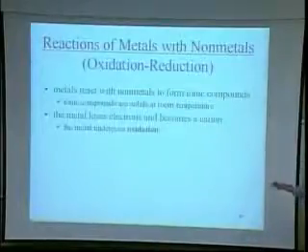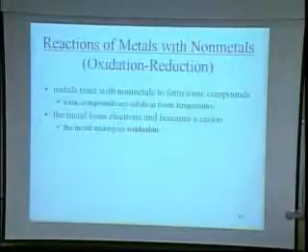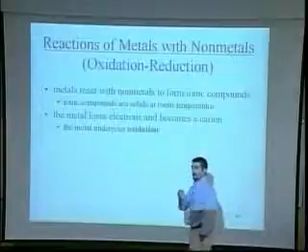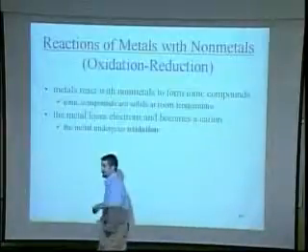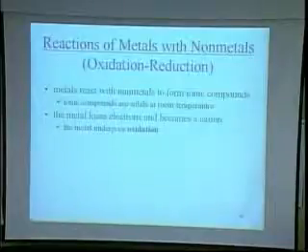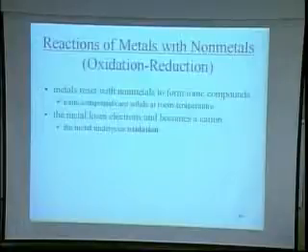So let's say a metal reacts with a nonmetal, in a room temperature situation. Say you let a metal, like a piece of iron, come in contact with the environment. It's moist, it's humid, there's a lot of oxygen in the air and oxygen in the water molecules. You'll get rust formation as a result of that. In that case, what will happen is,